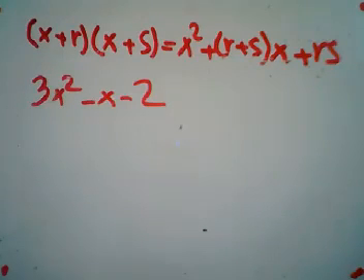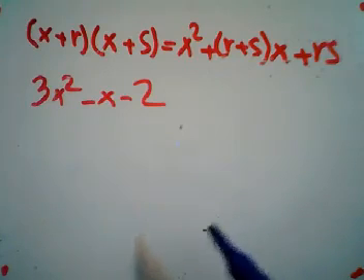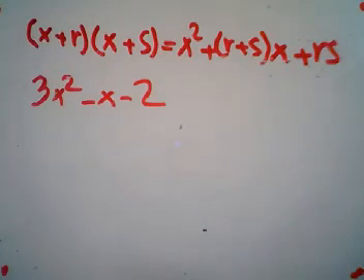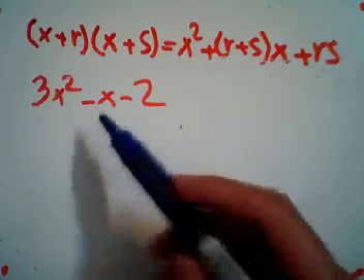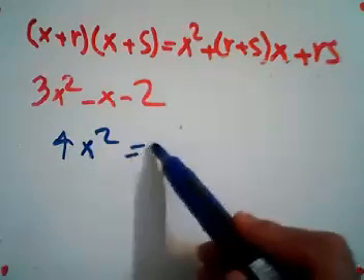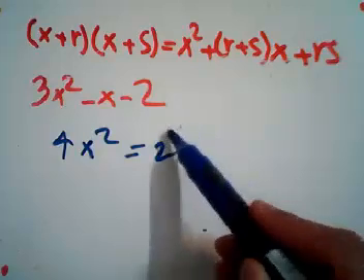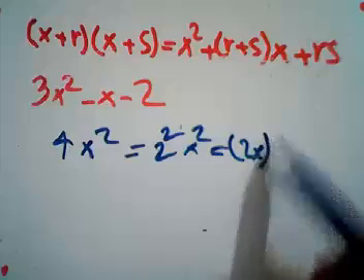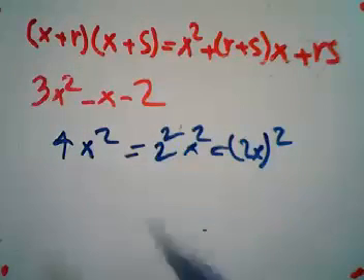Let's factor this one. It is not in the form of the perfect square identity and doesn't seem to be in this form also. And unlike one of the examples in the previous video in which we got 4x squared, we wrote it as 2 squared x squared and finally 2x the whole thing squared, here we could not do this